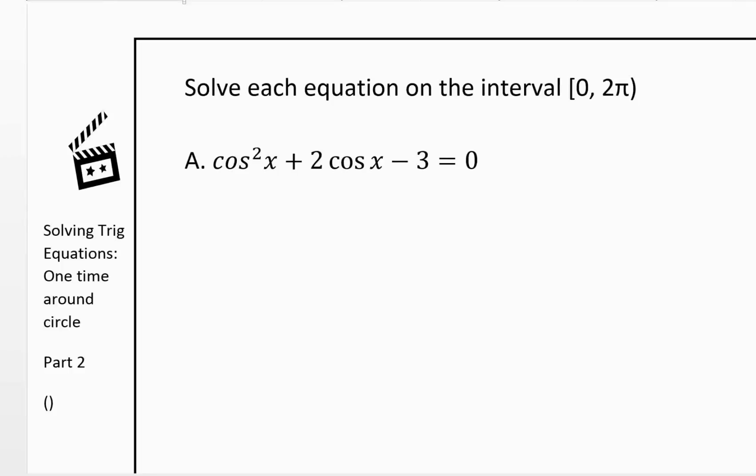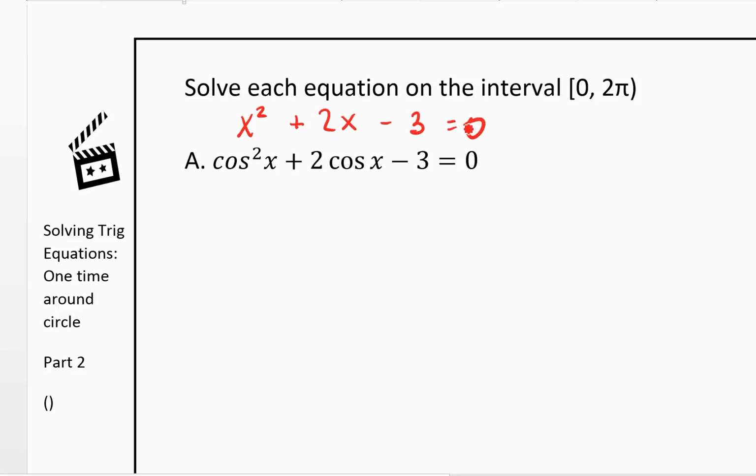Now we're going to look at another situation we might run into when we're solving equations. Our directions here say solve each equation on the interval from 0 to 2 pi. The first one we have here is cosine squared of x plus 2 cosine of x minus 3 equals 0. Now we want to think about this like we would the equation x squared plus 2x minus 3 equals